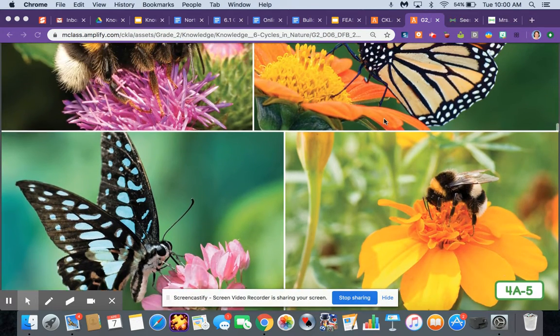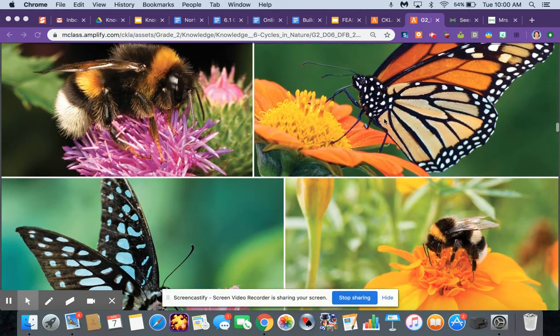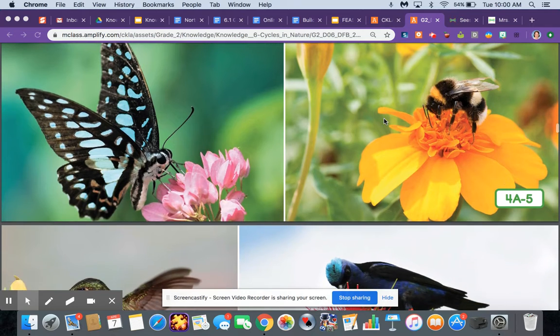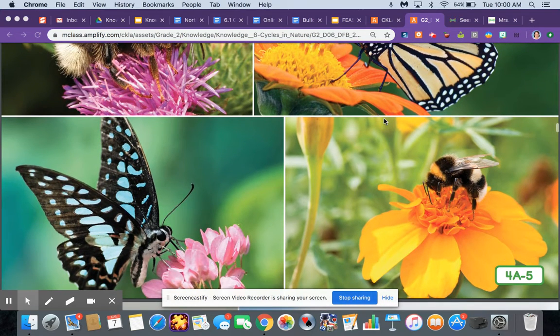Okay, so when you see a bee on a flower, leave it alone. It's doing a very important job. Honeybees are the most common pollinators. They carry out more pollination than any other insect. Some scientists think that